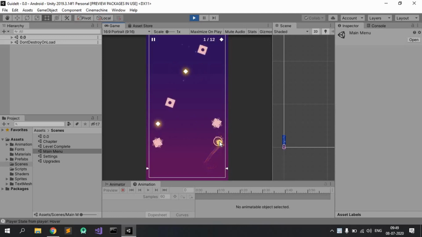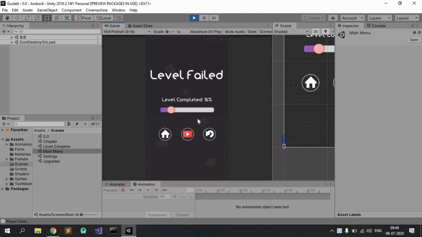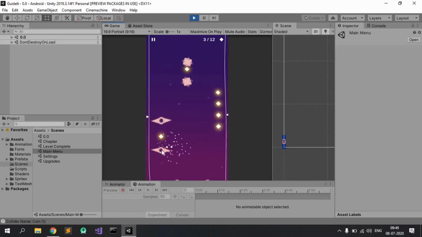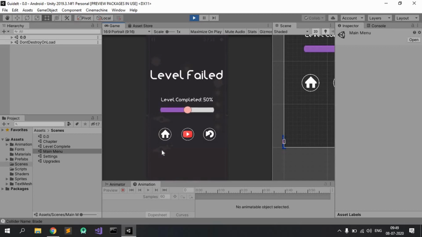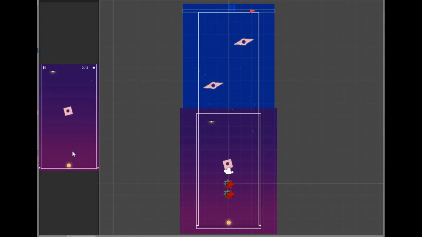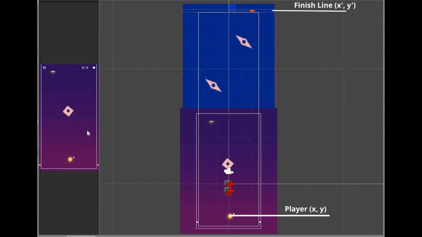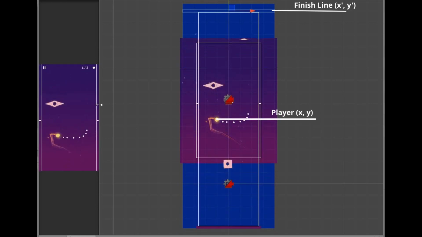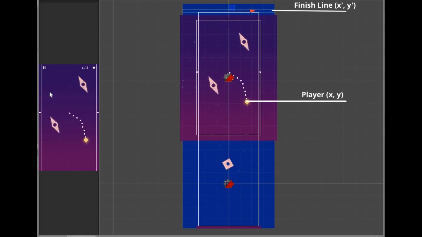So I started by adding a player death effect and a retry canvas, which tells how far the player has completed the level before getting converted into nanodust. For this death effect, I used Unity's particle system, and for tracking the position of the player, I'm just calculating the distance of the player using his coordinates with respect to the coordinates of the finish line and converting that into percentage. That's it, nothing fancy here.